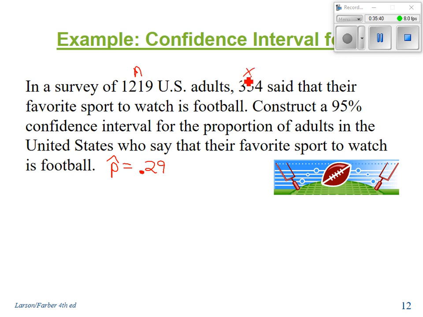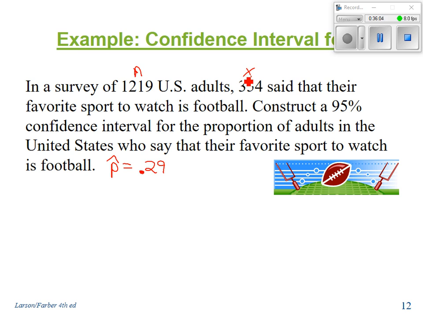We want to construct a 95% confidence interval. We could do this using the long way like we've been doing, or we could try to use our calculator. Let's try to use our calculator on this one because I want to see if that is supposed to be a 1. So if we go down to 1 prop Z interval,